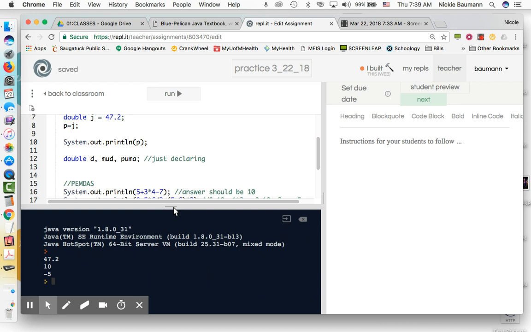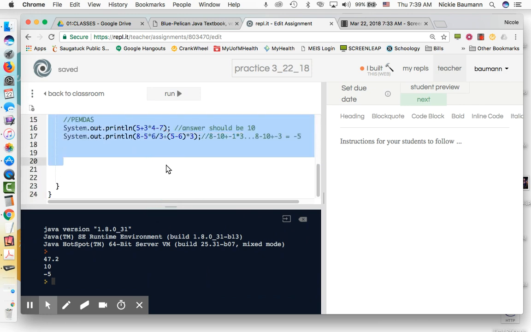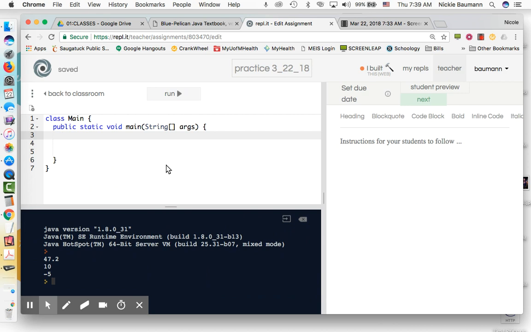So we can also do some unusual assignments. It's not the same as algebra, but it's something that you'll find in computer science. So I'm going to erase this, so that way we have a fresh screen here. And we're going to do something where we do a new count to an old count. So that's illegal in algebra, in math terms, but in computer science, we do it quite a bit,